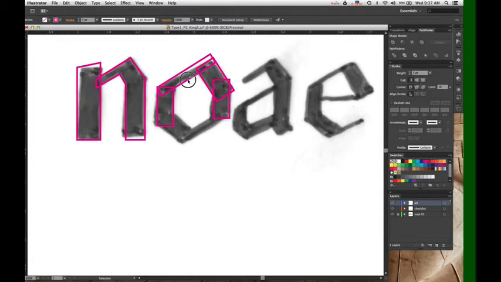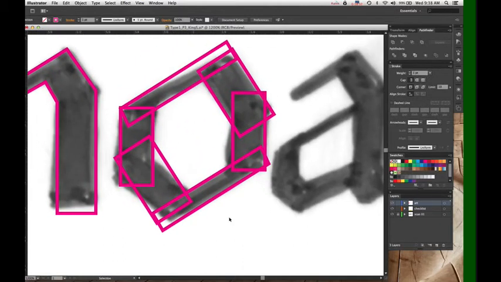And I can copy these. Now this is where the Pathfinder, I'm going to rotate again. If you hold down Shift while you use the rotate tool, it will constrain the angle of rotation to 45-degree increments, which can be nice if you just want to rotate things in a very mathematical way. So now, what do I have? I have a bunch of boxes that don't exactly overlap each other, but they're coming awfully close.